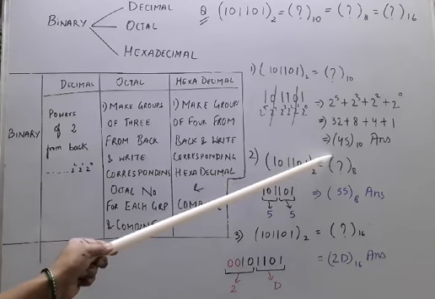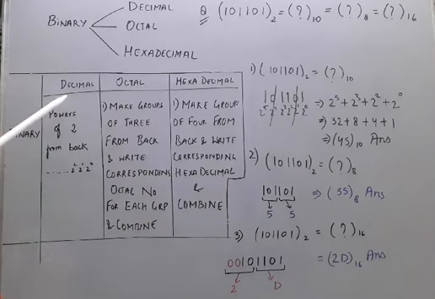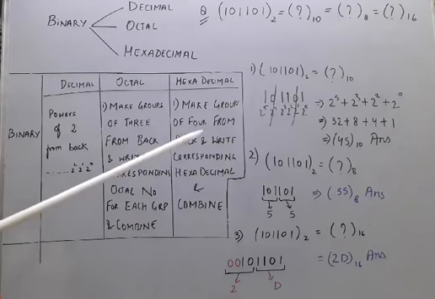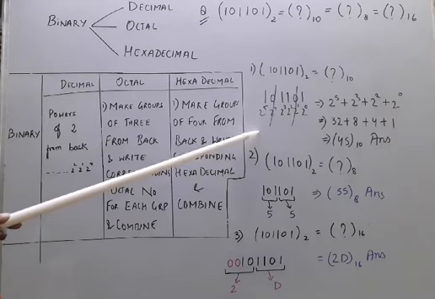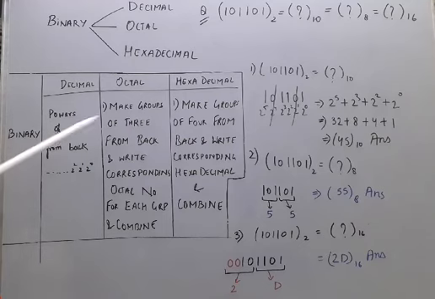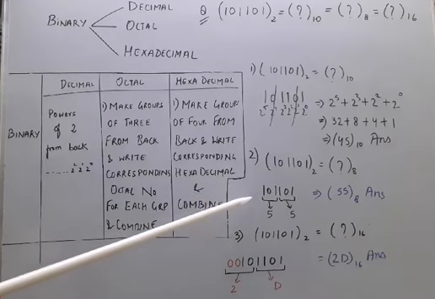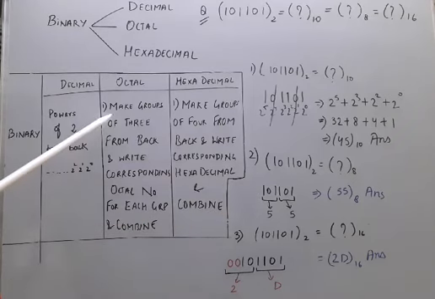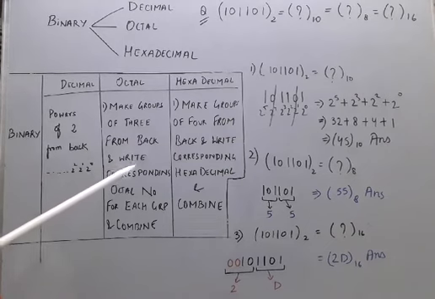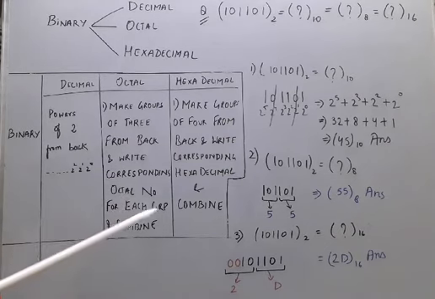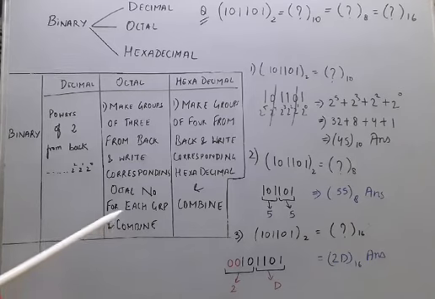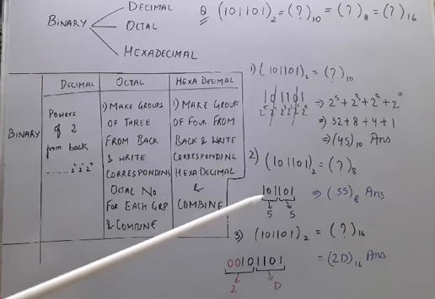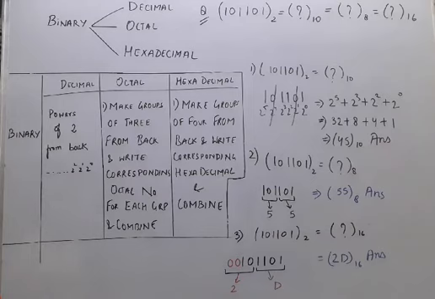So, for converting a binary number into decimal, you put the powers of 2 from back and carry out the same procedure like we did here. Now, after this, how to convert a binary into octal? For this, you first copy down the binary number which is given in the question, then make groups of 3 from back and write the corresponding octal number for each group and then combine. Right now you have seen how to convert a binary number into its corresponding octal